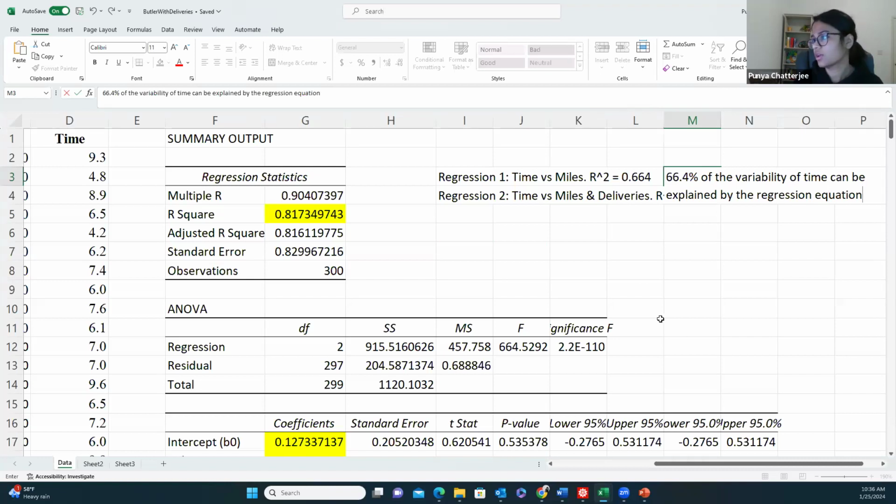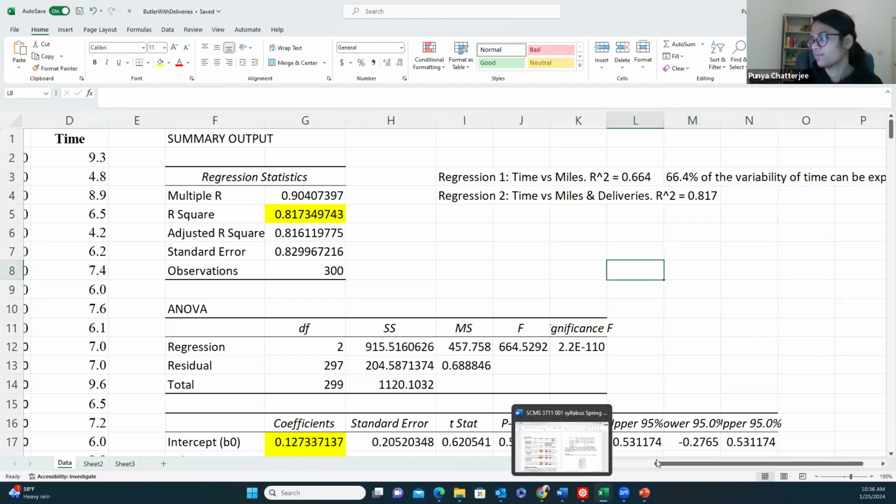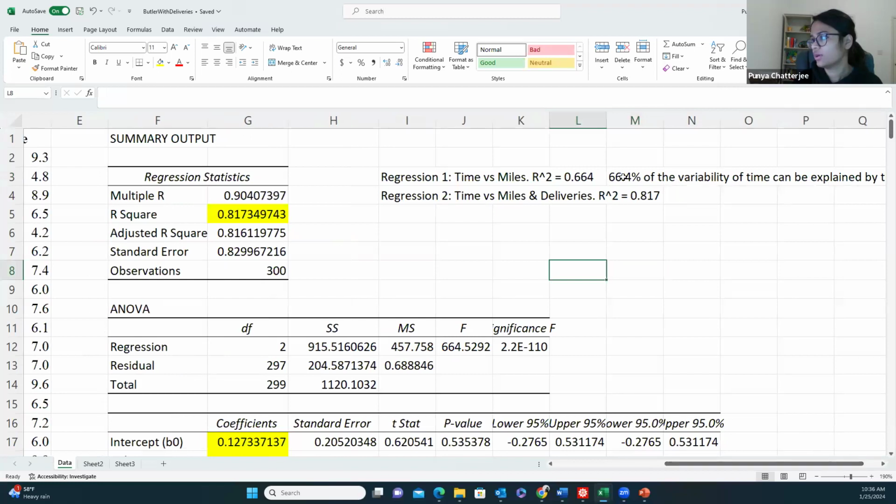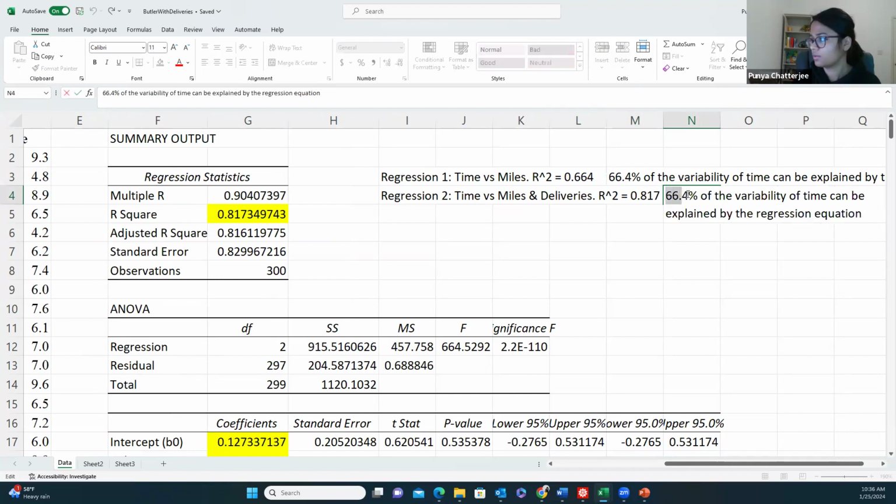Right? That's the regression equation corresponding to regression. Similarly, 81.7% of the variability of time can be explained by regression 2. Which means that regression 2